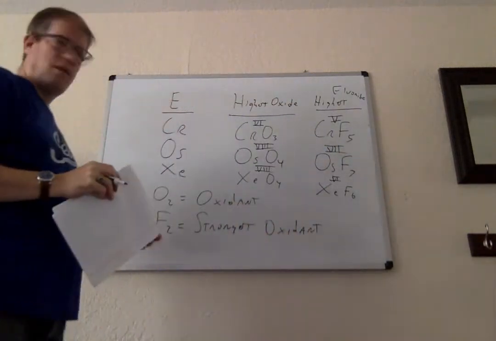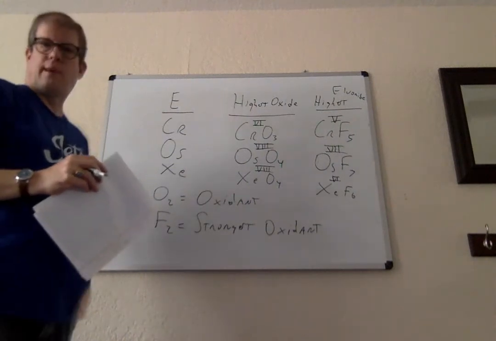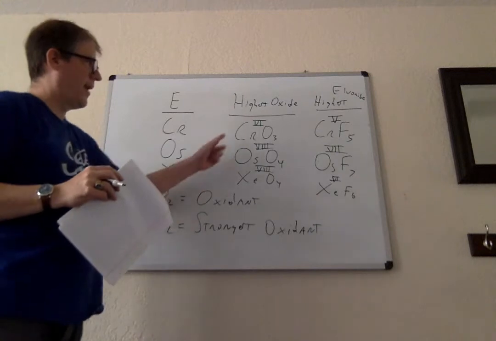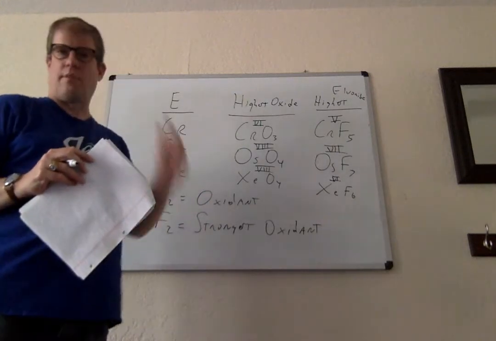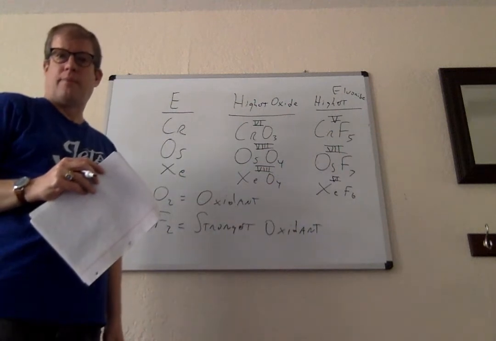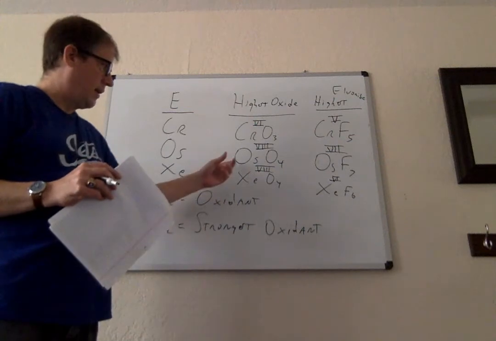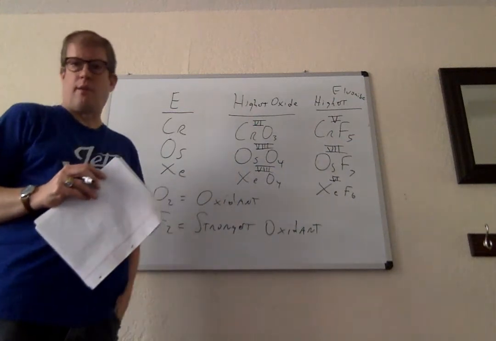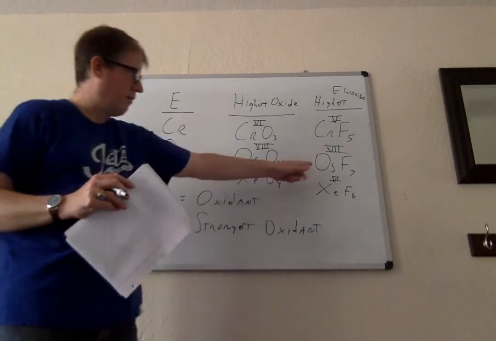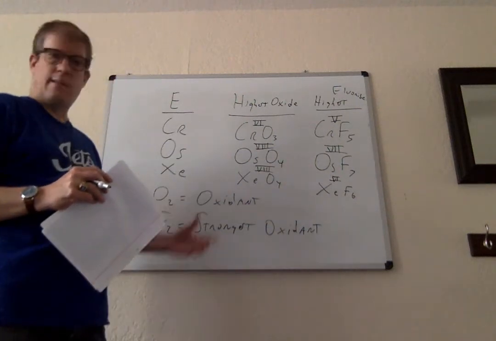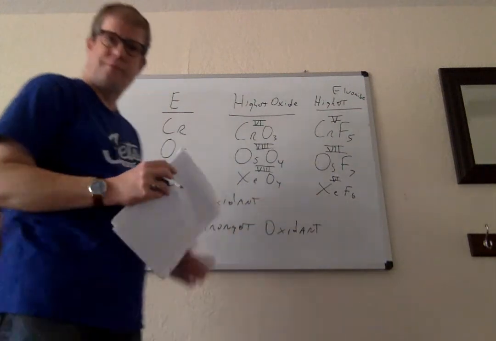So if fluorine, becoming fluoride, is supposed to be the strongest oxidant on the periodic table, why can that not oxidize chromium all the way to the +6 oxidation state, which is the highest one you can get? Chromium's in group 6. It has 6 electrons to lose. It takes osmium all the way up to its group oxidation state too. Osmium is in group 8. Oxygen does that. Fluorine doesn't. Take xenon also to its group oxidation state of +8. Fluorine doesn't. Why?